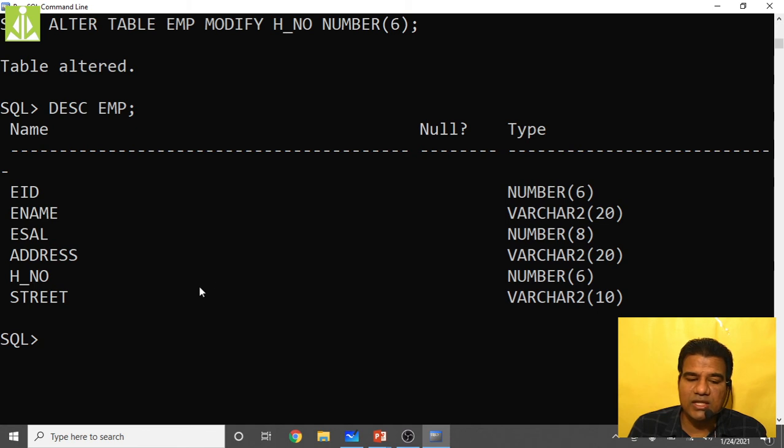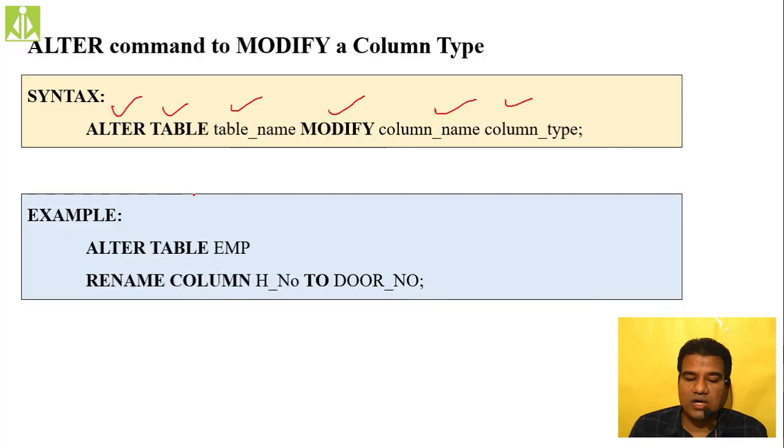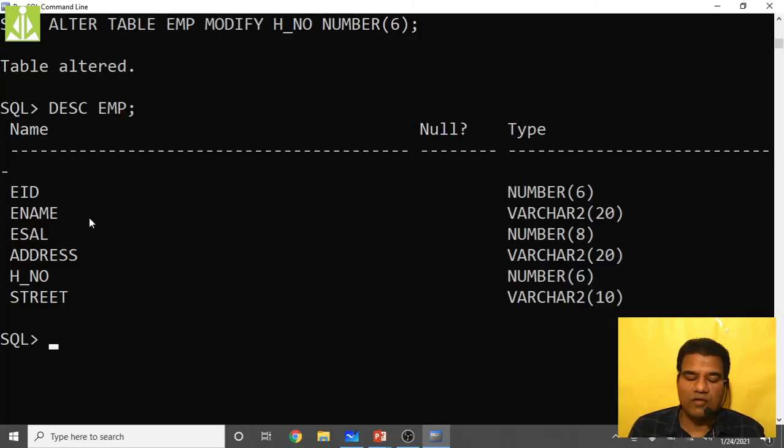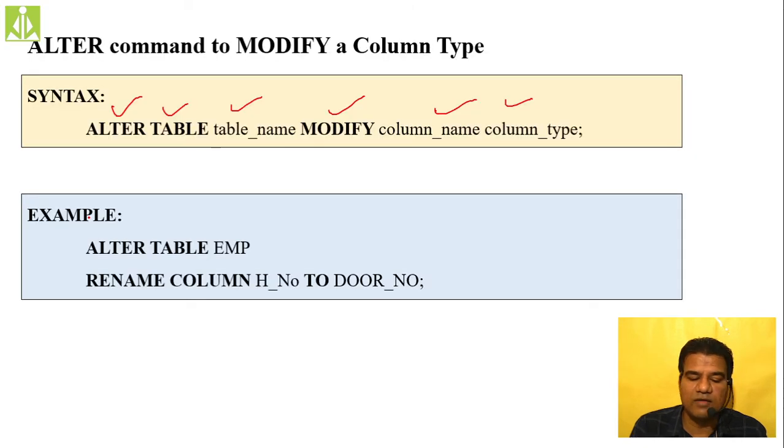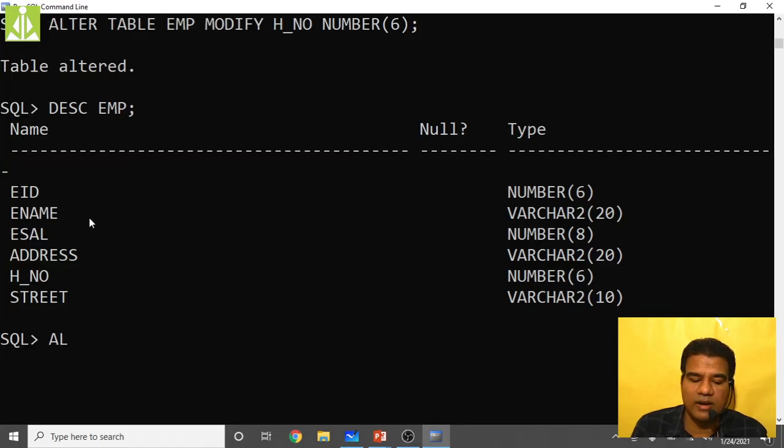Changing the name of the column is also possible using this command: ALTER TABLE, table name, RENAME COLUMN. The RENAME COLUMN keyword we have to use along with the ALTER TABLE command.